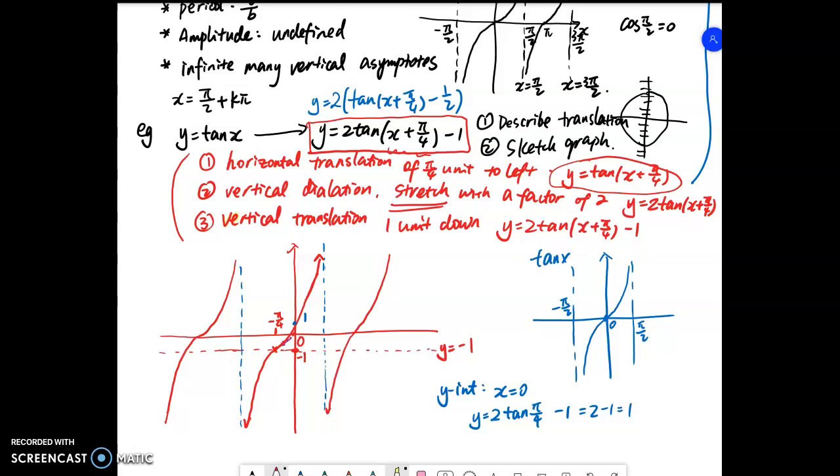Now, to answer my question, where is the asymptote? Because my period hasn't changed, I've got negative pi/4, so half of the tan period is pi/2. So if I've got negative pi/4, this would be pi/4, because 2 pi/4 will be pi/2. So this asymptote